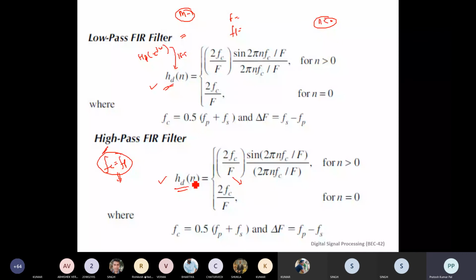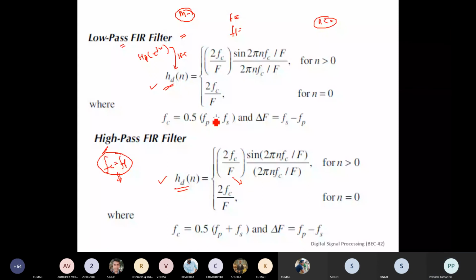We will put in the sampling frequency value and the fc value. By using these, we can find out the Hd of n, and then we will replace the n. By replacing different n values, we will find out the coefficients. In the previous question also, for the low pass filter, we found the fc value by using the average of fp and fs. Generally in the previous examples, we take fc as fp, but in this Kaiser window case, we find fc as the average of fp and fs.